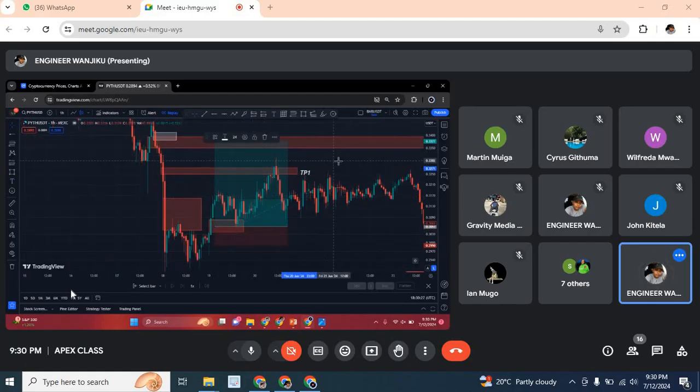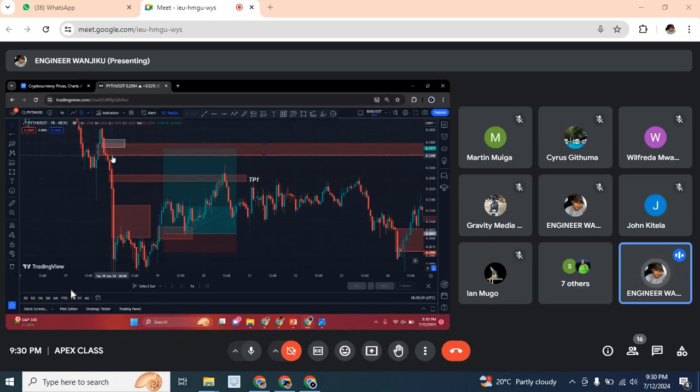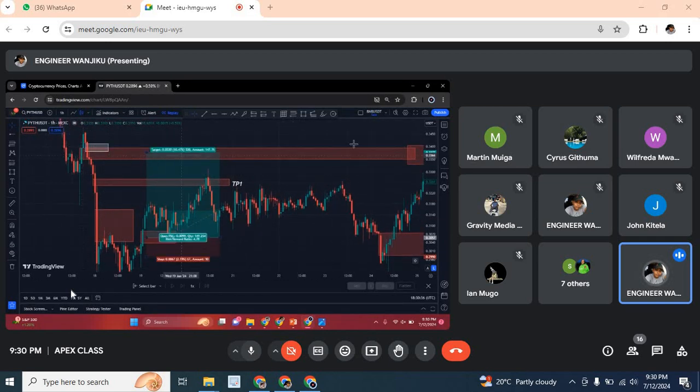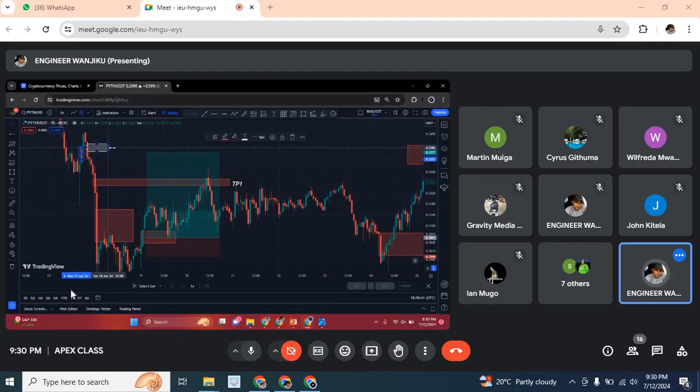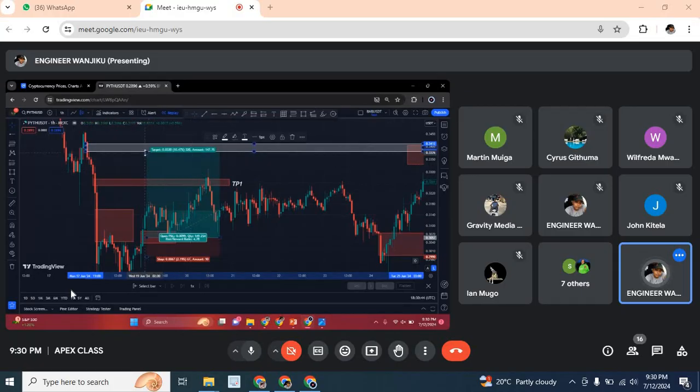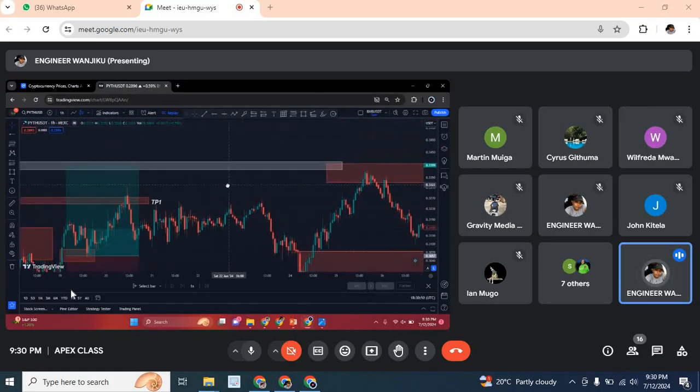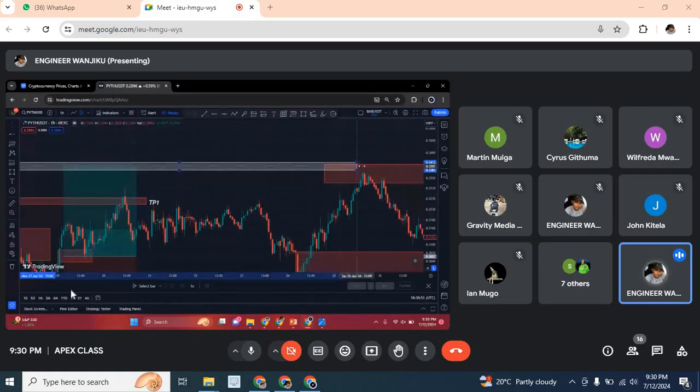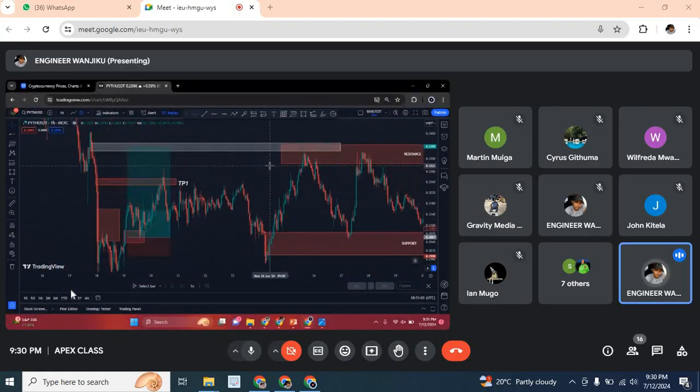And if you are patient enough and you're waiting for the market to come and fill this other one, actually it's this one, because this one was already filled. Let me just return it like that. This one was already filled, so it's this one right here, this red one. If you're patient enough to wait for the market to come and fill that one, you'll wait for longer, but at the end of it all, the market will come and tip. You see, from this zone here, this sharp wick actually mitigated that POI at that point right there. So no wonder I'm saying order block FVGs are really powerful